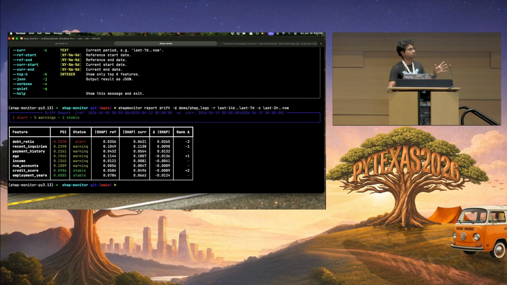So you can see something that is, again, very appealing to the eye because you know what's going on. PSI, you can think of it as a distribution shift. It's the population stability index. And you can see that the debt ratio feature has gone haywire between that time period and this time period. So something changed. Maybe the model just got off track, or maybe the data itself that was coming in changed. But you can see that it is something that can be alerted, and you can just visualize that something is going wrong there.